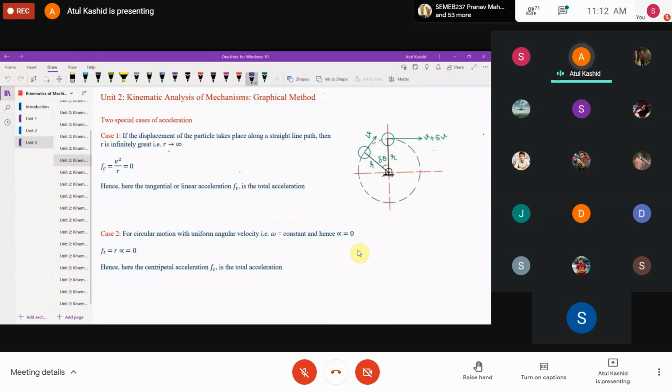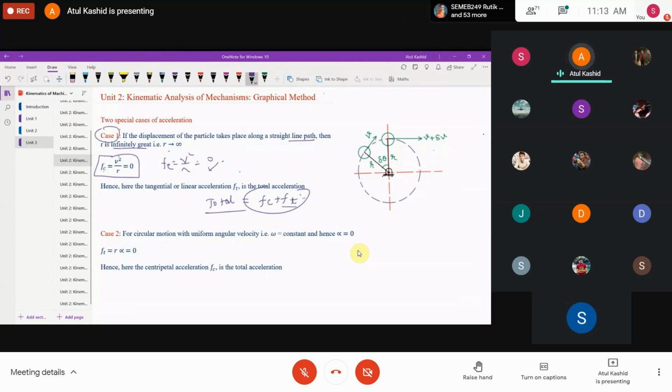So here, two cases we had seen. The displacement of the particle takes place along a straight line path, then r is infinitely great, so it tends to infinity. So fc, which is the centripetal acceleration, v square upon r, will be 0, right? And we know that the total acceleration is given by fc plus ft. So this is the total acceleration. If the centripetal acceleration is 0 over here, the total acceleration will be equal to the tangential acceleration in